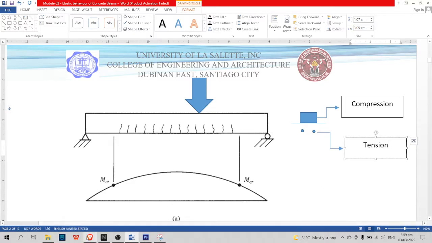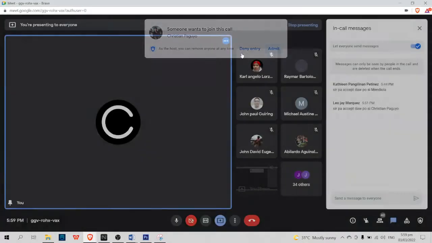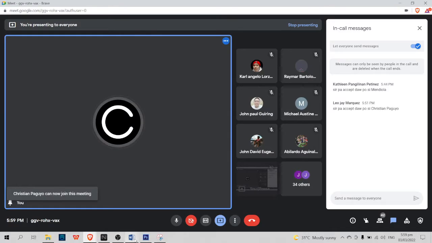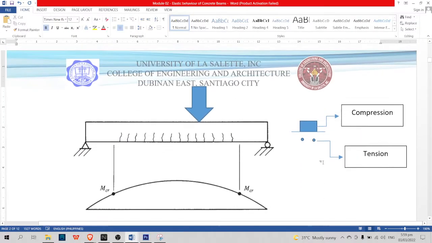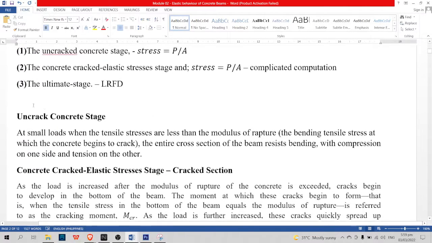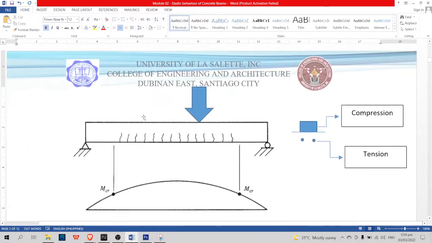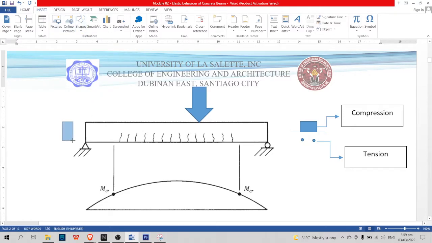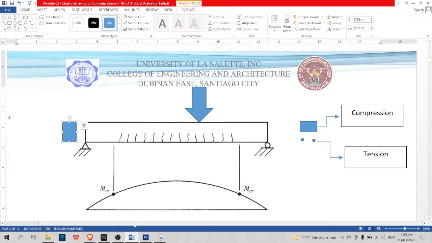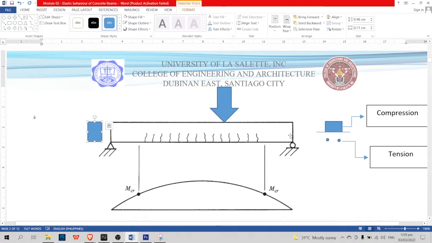Okay. Saan na tayo? Okay. Doon kasi sa unang stage, balik tayo sa uncracked concrete stage. The concrete is expected to resist even the tension side nung ano natin. So, doon sa first stage natin,